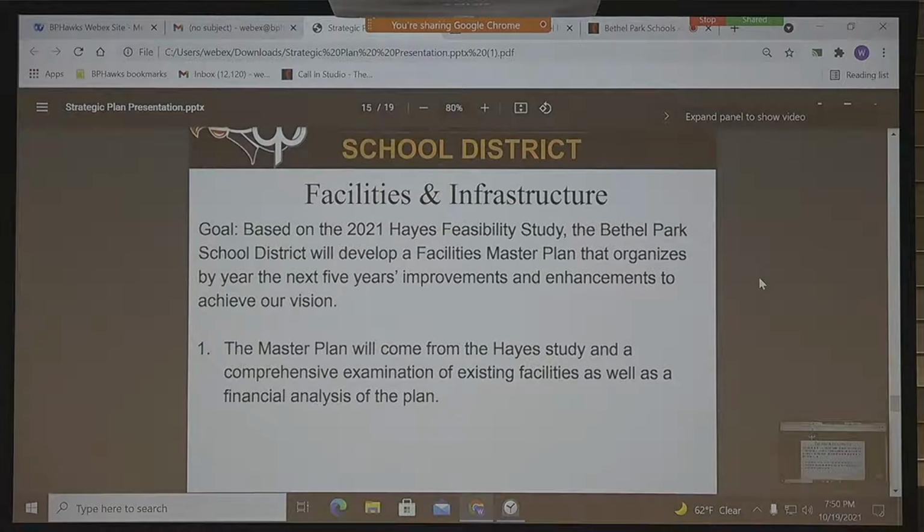The facilities and infrastructure group did not necessarily identify a goal. They really worked on pointing us towards a facilities master plan and how we would address the buildings and the other infrastructure pieces of our school district over the next 5 to 10 years. Using what was a Hayes feasibility study that the board had commissioned, they were able then to identify the operational things, the infrastructure, mechanical systems,